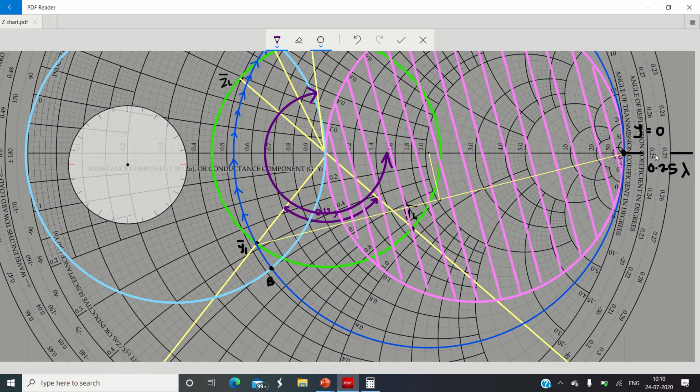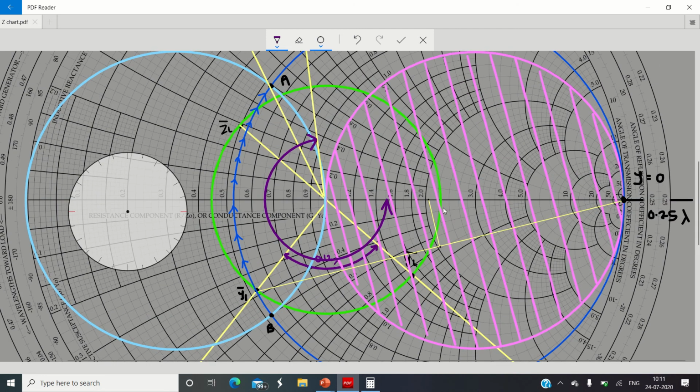And what this indicates is the distance from this horizontal line at y equal to 0, representing the short circuit condition for admittance, where the WTG is 0.25. You have traveled this much distance. Please remember, when you travel from this point to this line over here, you are completing 0.25 lambda, because here the reading is 0.5. So 0.5 on the left hand side minus 0.25. So this half circle tracing corresponds to 0.25.